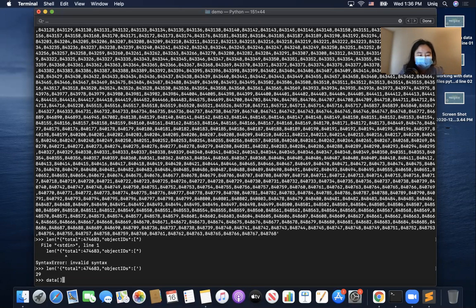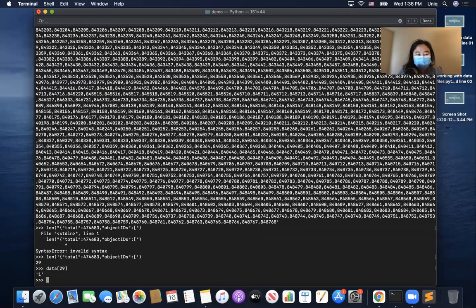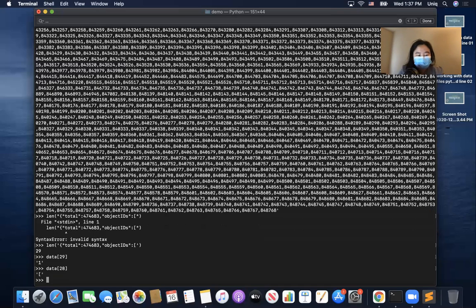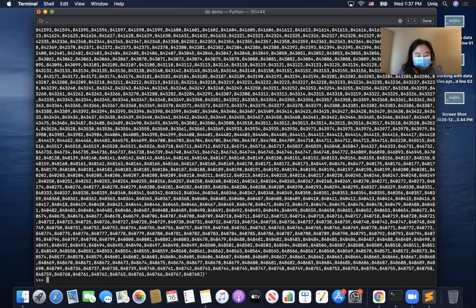So now our data should start at the 29th character. Let's just make sure the 29th is 1 and the 28th is not what we want. So we have the 29th to the end, and this is what our new data file should equal to. All right. Somehow we didn't replace the end, so we also want to say equals to